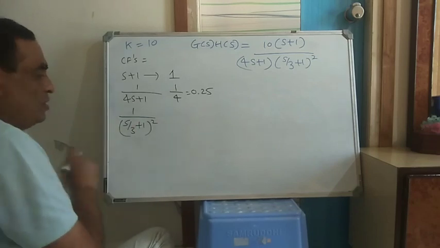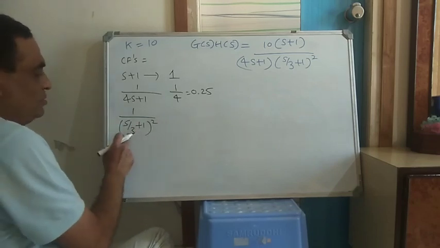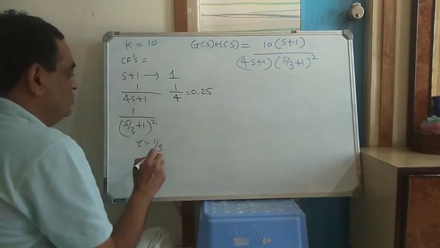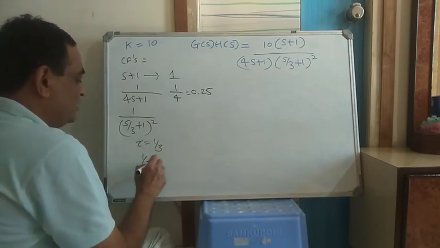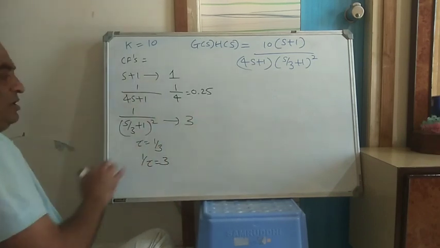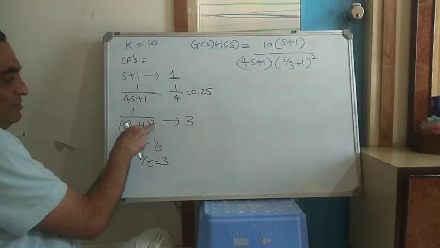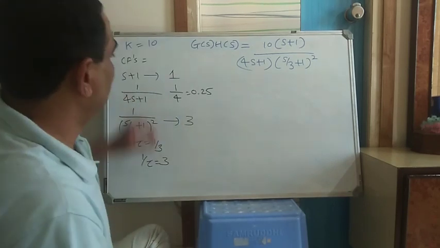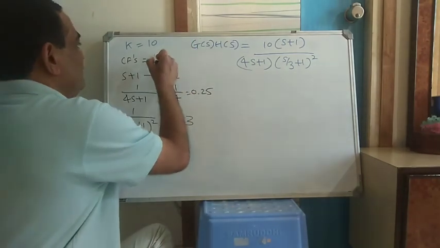What is corner frequency? Corner frequency is tau s plus 1. So tau is 1 by 3. So what is 1 by tau? 1 by tau is 3. So corner frequency is 3. Even though it is a second order term, corner frequency is 3. Okay. All right. So the corner frequencies are 1,